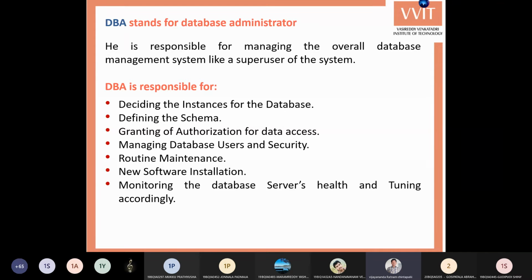Another task performed by the DBA is new software installation. Suppose any additional component is required for generating reports, that is also installed by the DBA. And next, monitoring the database server's health and tuning the database accordingly.